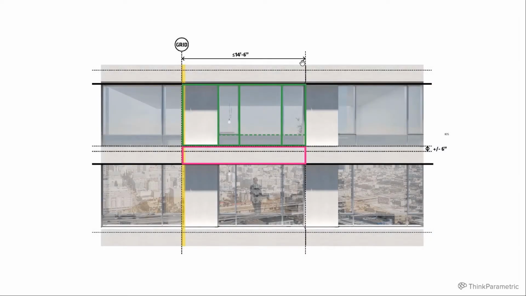And so you can see the mega panel that we were working with, we could simplify it down into 3 core elements. We've got the window panel itself, we've got some kind of vertical solid panel, and a horizontal solid panel. And so that's what we're going to work with today. We're going to simplify our facade, the mega panel, into those 3 elements.